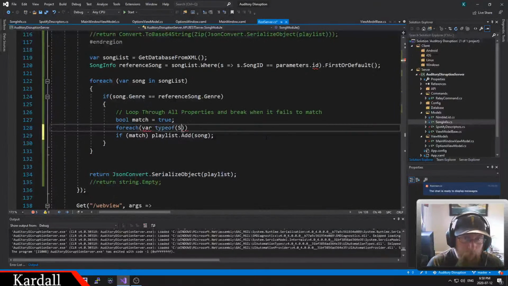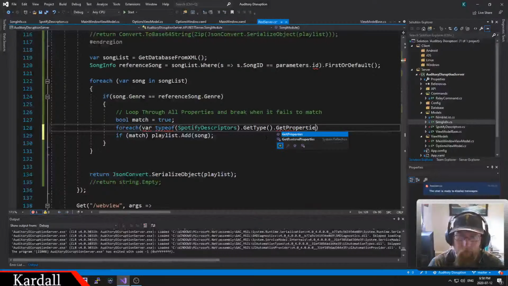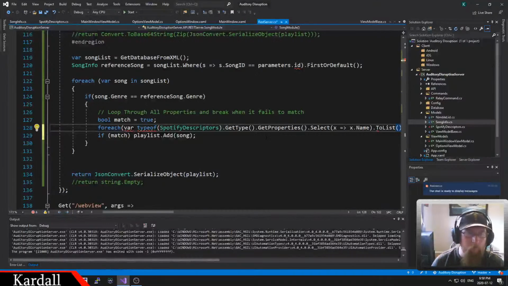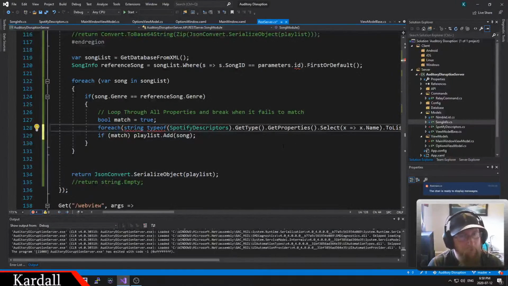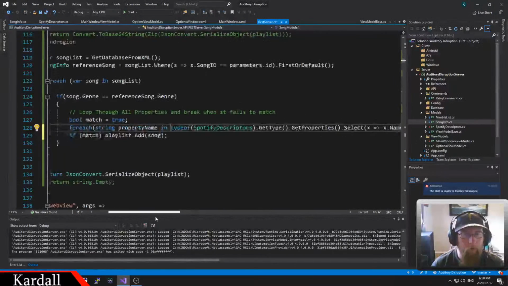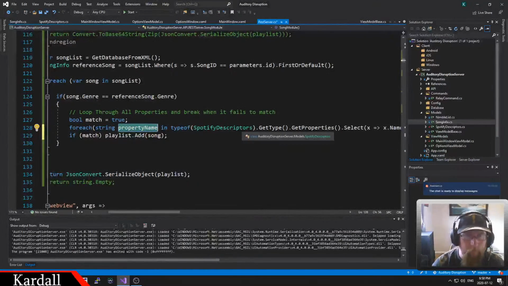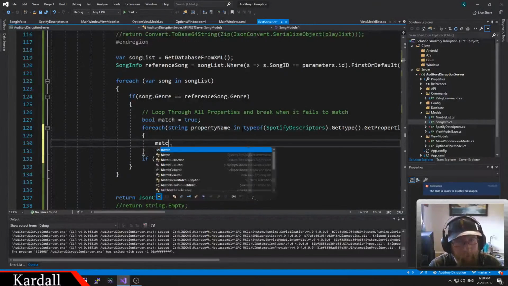So Spotify descriptors, get type, get properties, to list, string, so we're going to pull all of the values into this local variable, and what we're going to do, match is going to be